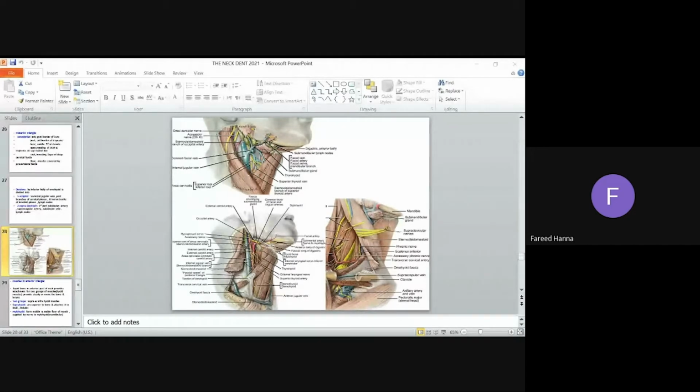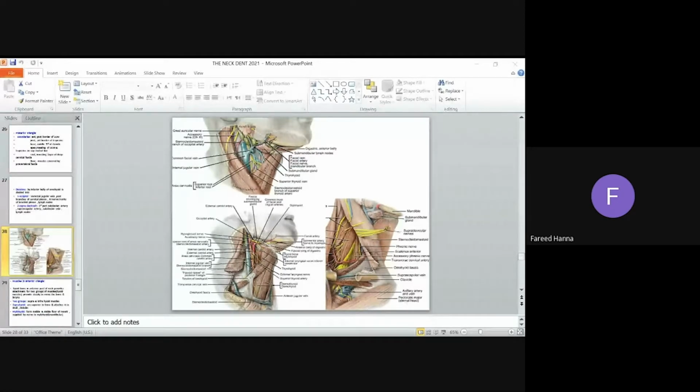This portion contains the third part of the subclavian artery, the subclavian vein here, and the suprascapular artery. The postero-superior part, which is the occipital triangle here,